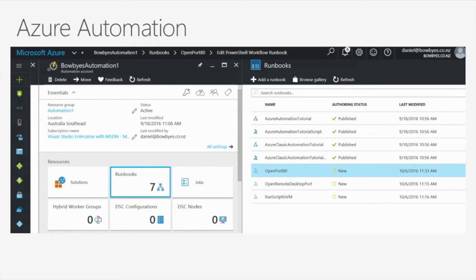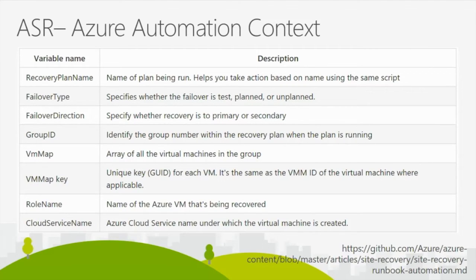Right, I could spend a whole session talking about Azure Automation, but the key thing to understand is that Azure Automation allows us to run scripts against our Azure resources and essentially reconfigure those Azure resources programmatically. To make it even easier when using Azure Automation with recovery plans, Microsoft have created what they call an Azure Automation context. Now, this is essentially an object that our recovery plan passes to our Azure Automation runbook, and it has a whole lot of information in it